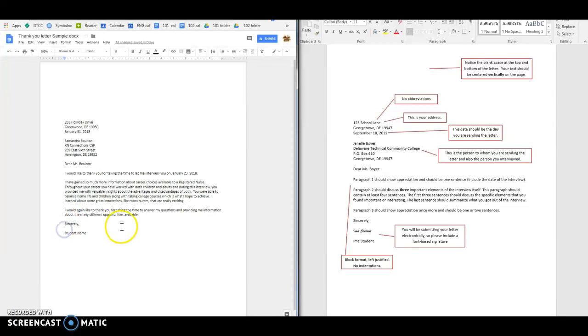Make sure that you have several spaces. If you are going to print this out and sign this with a pen, make sure that you leave yourself 3 or 4 spaces between sincerely and your typed name. If this is an online class and you're sending this to me and I'm going to print it out and send it, then what you need to do is type your name